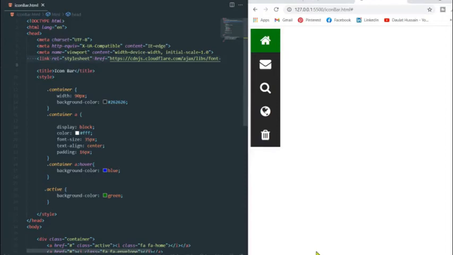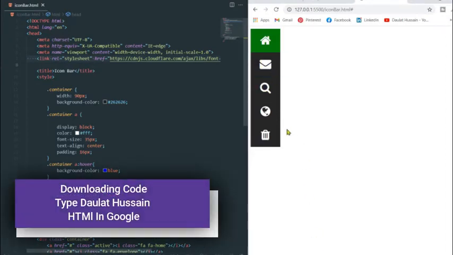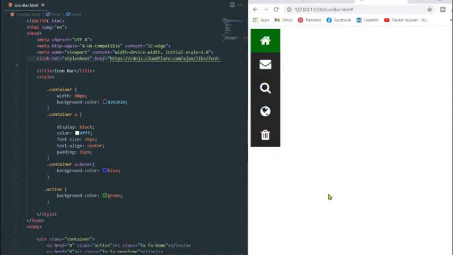So in this video I will show you how you can create this side navigation bar by using HTML and CSS only. As you can see, I have created this side navigation bar beautifully and we got some effects on that. The moment you hover your mouse over these menus, you get these effects. That's all I'm going to teach you in this video. So if you're interested, make sure you watch this video till the end.